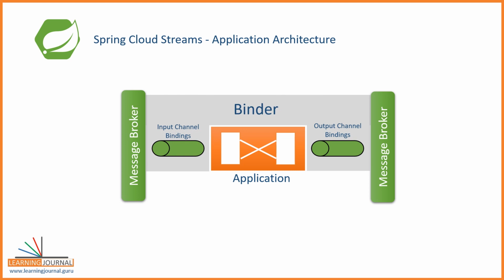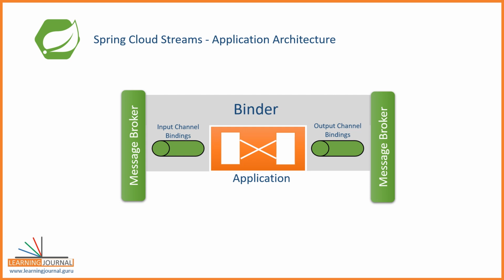And a typical Spring Cloud Stream application is internally architectured like this. So we have the main application code for processing message events received through one or more input channels. The core of your application implements all the business logic and takes the necessary business actions. Finally, if needed, we can produce message events to one or more output channels. And that's where most of the developer focus lies. An application developer is focused on processing message events, implementing necessary business actions, and producing new messages. Rest all is taken care of by the framework.